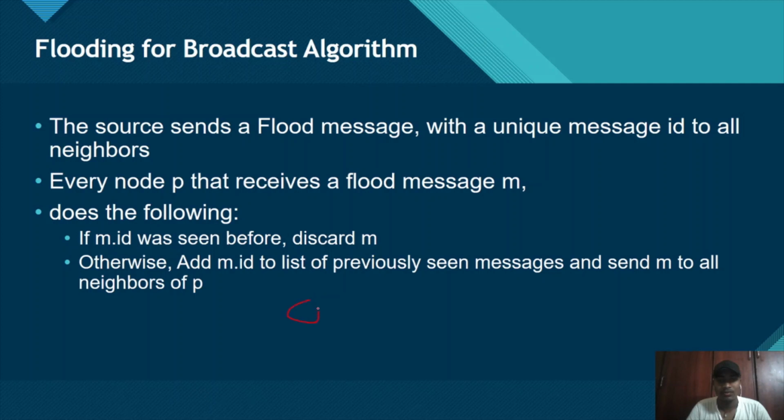It means if you see, suppose there is a message M. You will send it to A. This message will be sent to A. The A node will send the message to C and B. Now, from B, it will send to C and D. From C, it will send to E.